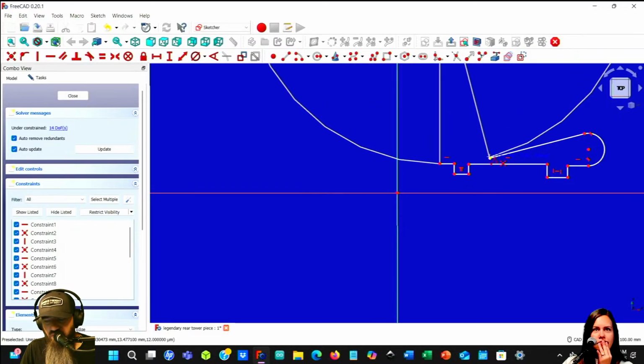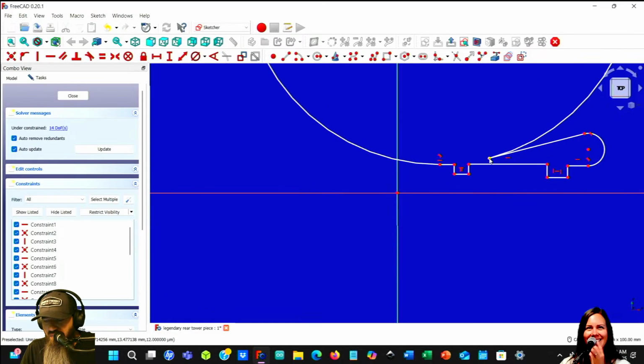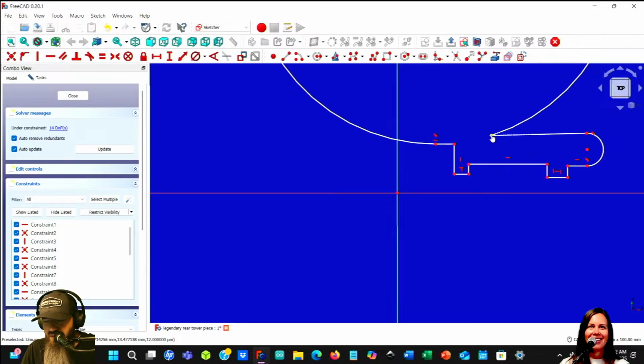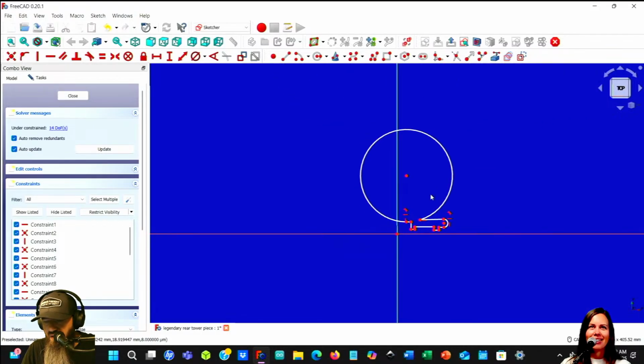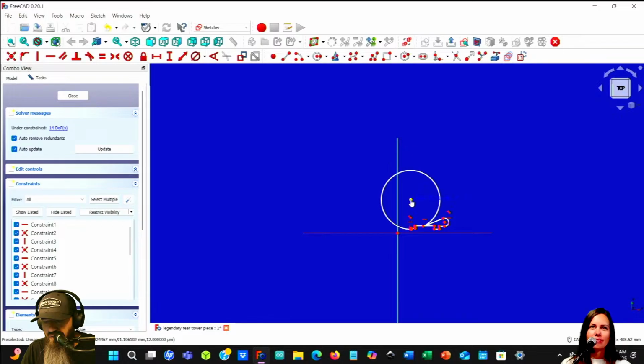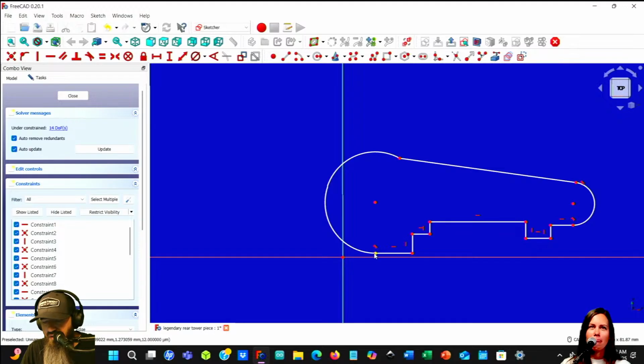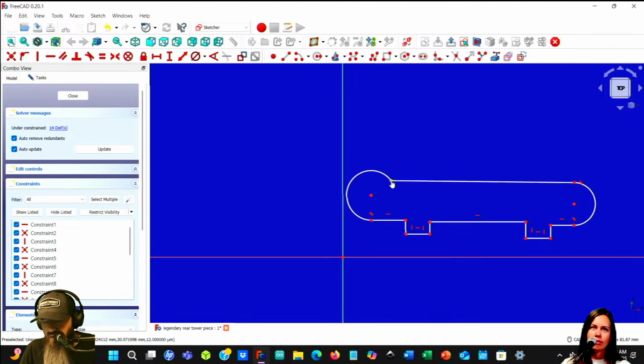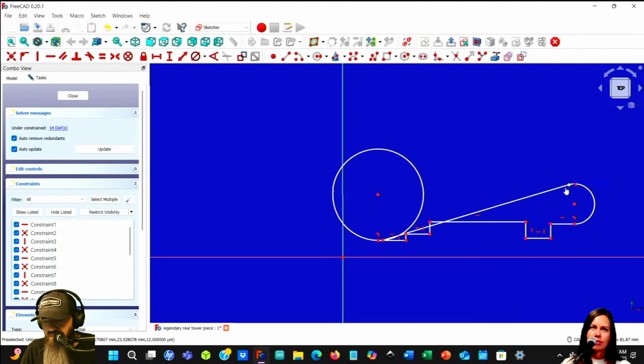This is going to look weird for a second, but that's how the program makes me do it until I can make this smaller, because it just gets weird. It doesn't know what you're doing until you can fully define it. Okay, so this needs to go back up there. There we go. So we're starting to get somewhere closer now.